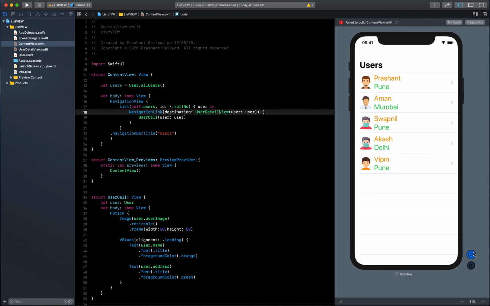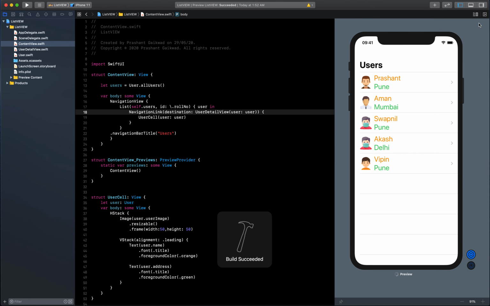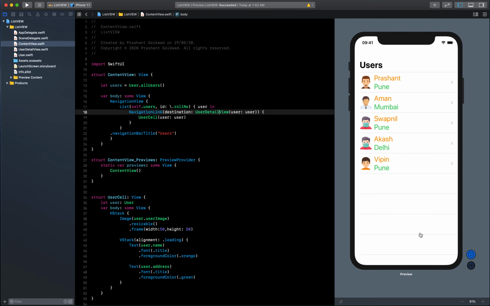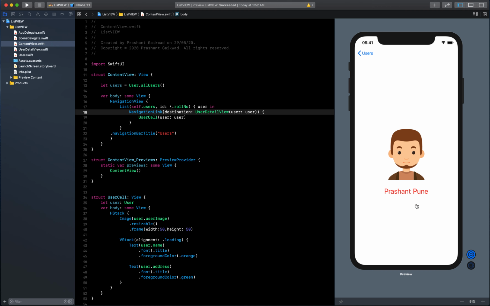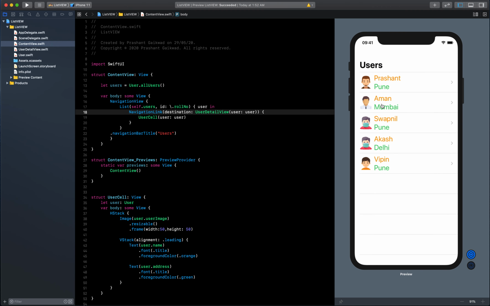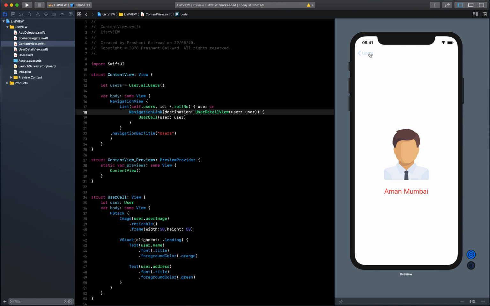So let's just stop and play it again and hope it will work. Okay, so there is some error here. Let's click on try again. Now it will run again. It's built successfully. We'll just wait for the preview to load, and once that loads we can test it. Okay, so sometimes the simulator is actually slow. Let's click on resume, and yeah, now it's loaded, and now you can see Prashant and Prashant's address. Let's click on Aman and Mumbai, and you can see that it is passing the user image and all the